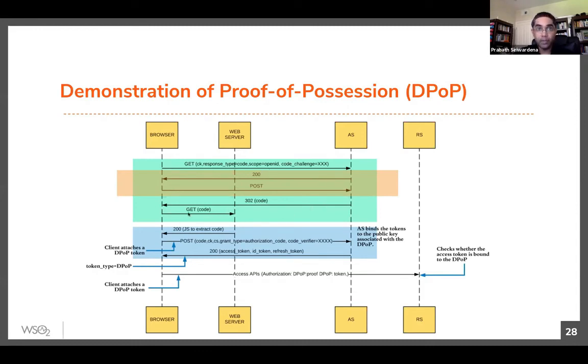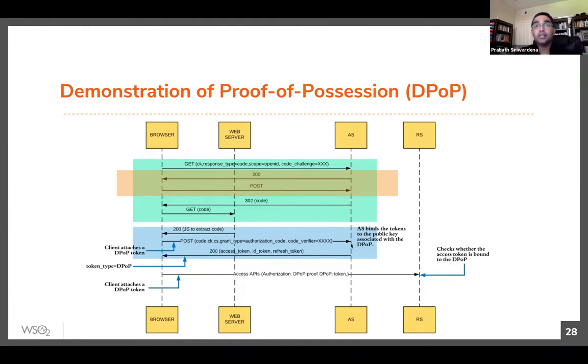What is in the green box is the same, right? You get the authorization code. Then the browser will extract the authorization code from the query parameter. Then in a typical way, you do a POST to the token endpoint of the authorization server, right? Here we just send the client ID. But if you follow the DPoP spec, then you need to attach a DPoP token, or demonstration of proof of possession token, which is in fact a JWT, right? So that means that in the browser, you generate keys and you generate a JWT, you sign it, and you send that token to the authorization server with your public key, right?